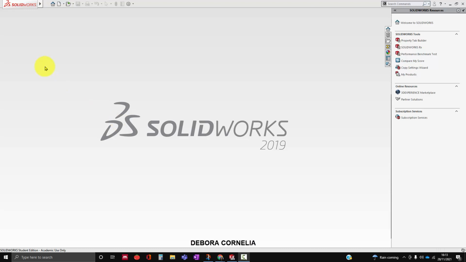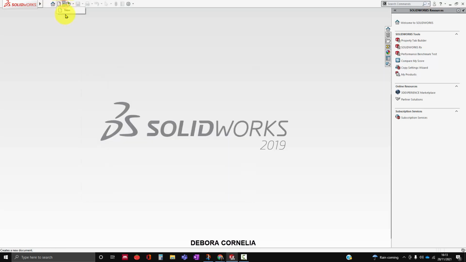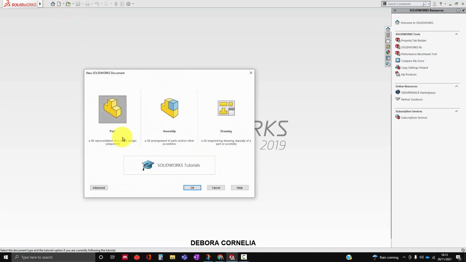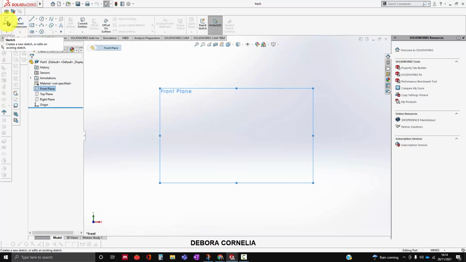So in this video, I'm trying to explain how to create a hollow cylinder or pipe in Solidworks. So first, click New, and then Part, and OK. And then click the front plane and create a sketch. Click the sketch,